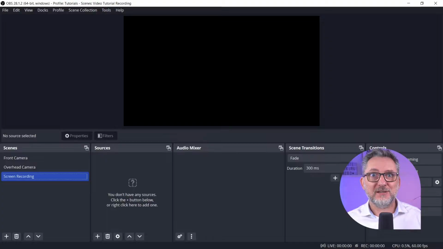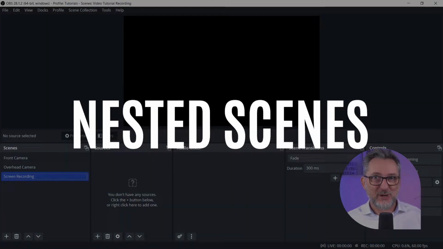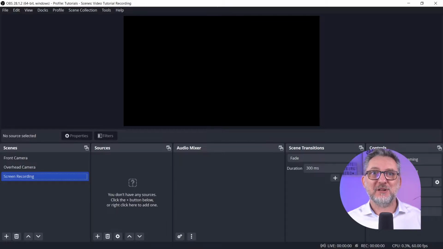We now have to add sources to these scenes. We could add the native sources, but actually there is a better way, and that is working with nested scenes. So trust me for a second and everything will become clear in a moment. These nested scenes are not going to be part of the production workflow, but will constitute the element of my